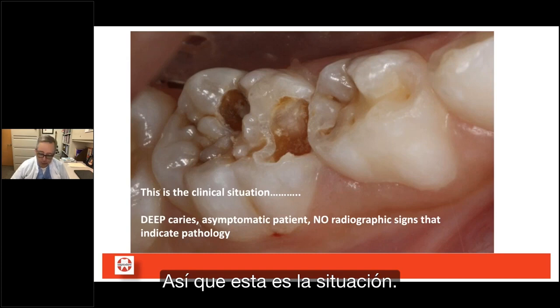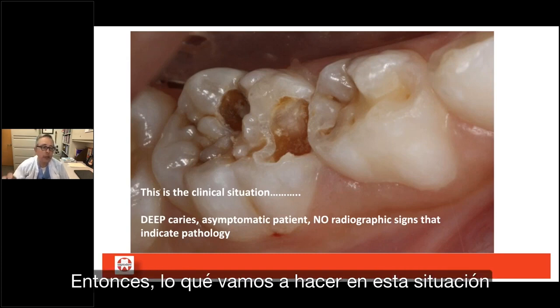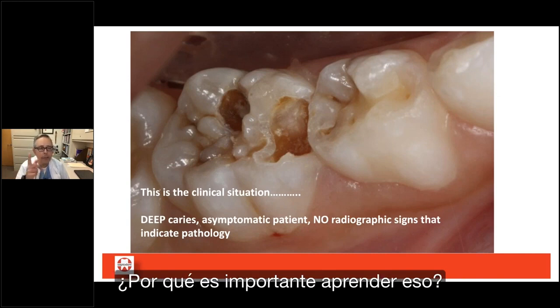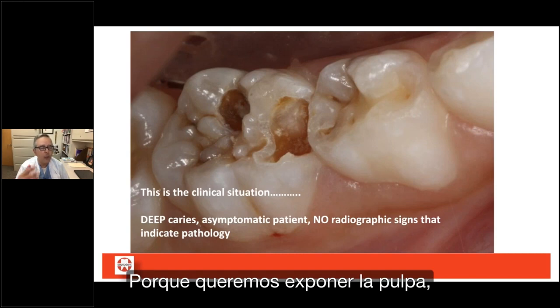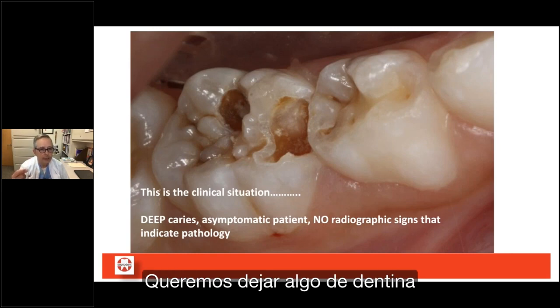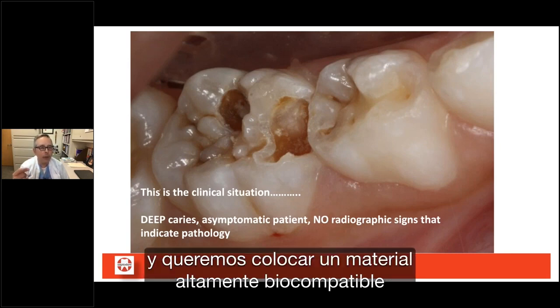So this is the situation. What we are going to do in this situation is an indirect pulp cap. Why is it important to learn that? Because we want to avoid exposure. We don't want to expose the pulp. We want to leave some dentin, and we want to place a highly biocompatible material over